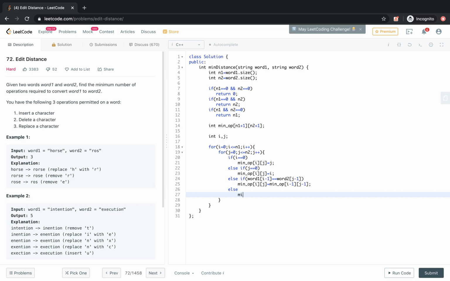So we will update the table in the same way. Actually it will take one operation, either we are inserting, deleting, or replacing. So one, then we have to consider which are the minimum possibilities. So since we are considering all the three possibilities, we'll again take a minimum of